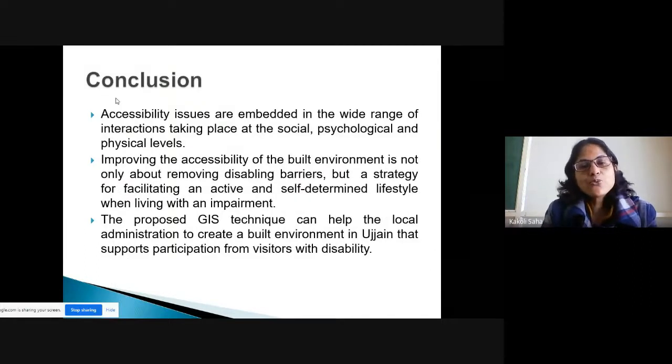So accessibility issues are embedded in the wide range of interaction taking place at social, psychological, psychosociological levels. Improving the accessibility of the built environment is not only about removing disabling barriers, but a strategy for facilitating an active and self-determined lifestyle when living with an impairment. As I said at the start of the lecture, we don't see persons with disability around us living with self-determination. They always need assistance because our cities are not customized. Our cities are not built in that way so that they can live with their